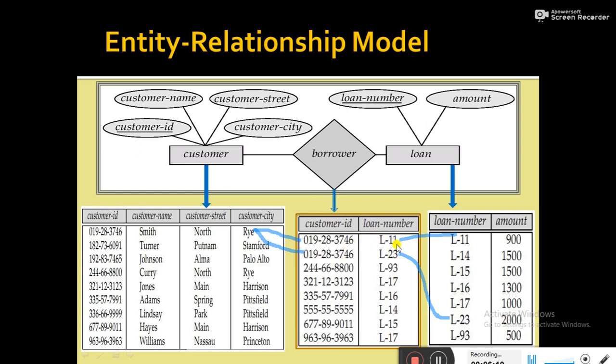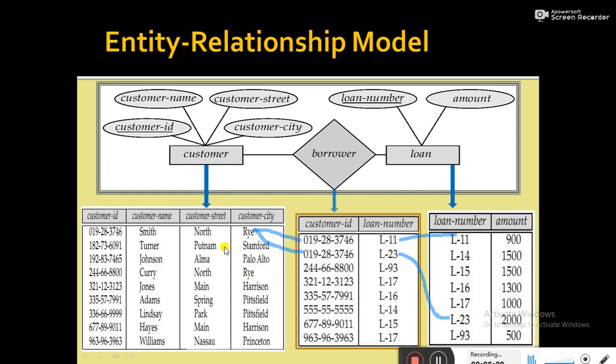has two loans, L11 and L23, and corresponding loan details are stored in the loan relation. So look at the loan relation. L11 has the amount 900, whereas for loan number L23, the amount is 2000. So if you go through these three relations or these three tables, customer relation, borrower relation and loan relation, then